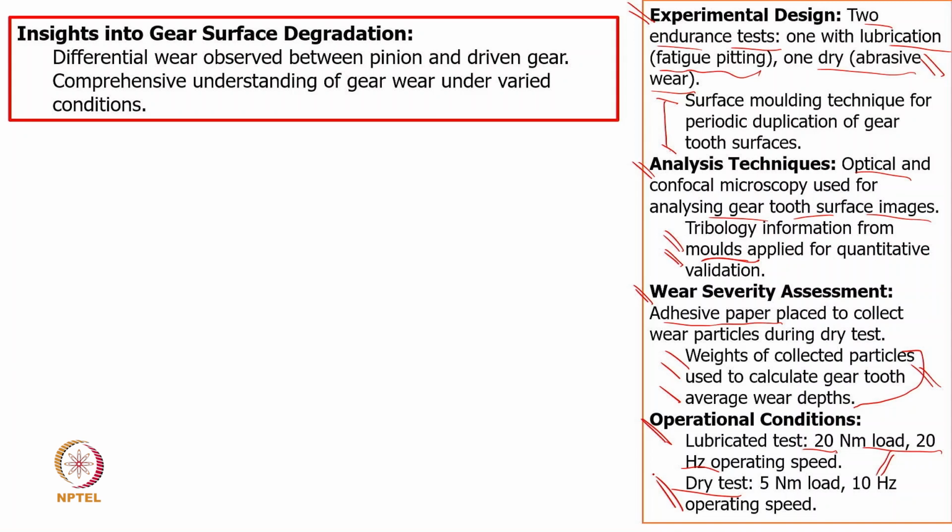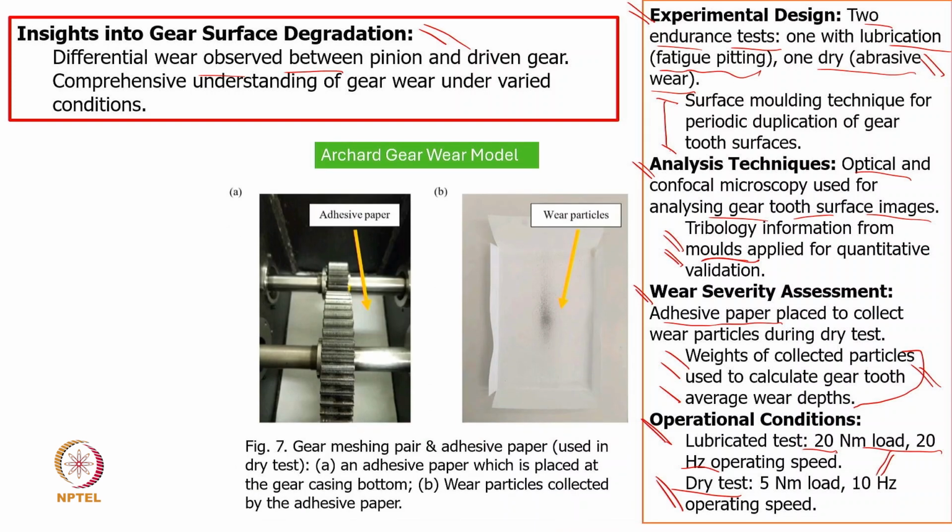So they found it, and of course when we are using this data, we are finding some sort of insight. We are able to really find out what kind of failures are happening, which can be observed in pinion and driven gear, and it will really provide a comprehensive understanding of the gear wear. So this is what I mentioned when they did a dry case, no lubricant, and then at the bottom